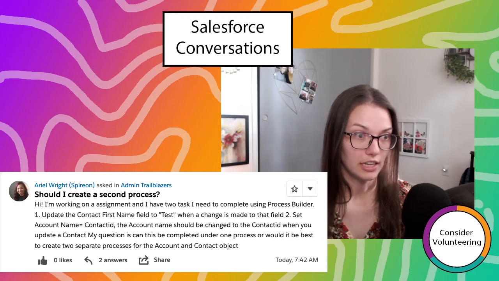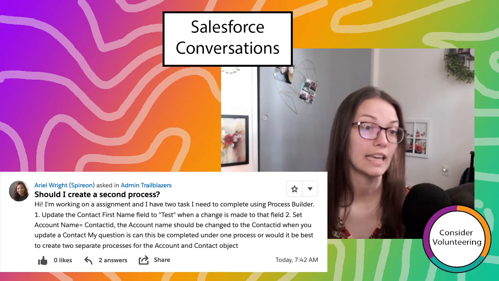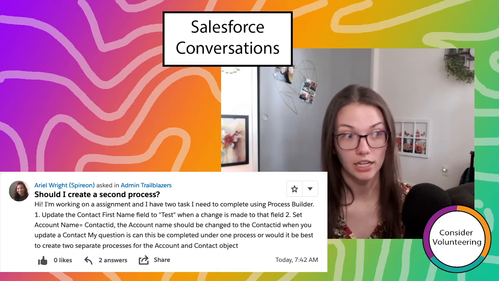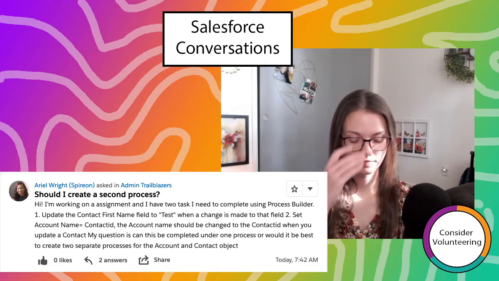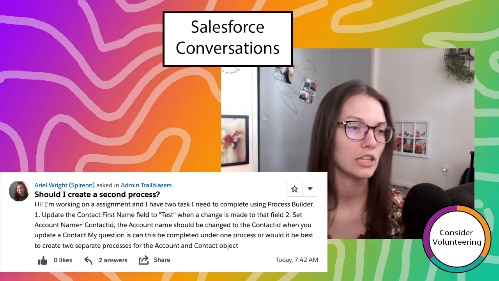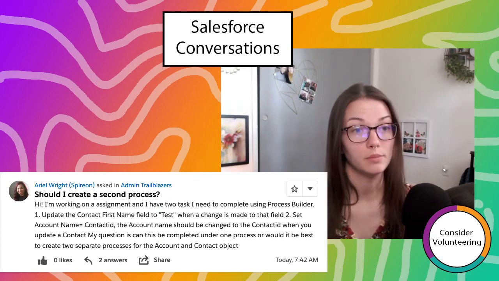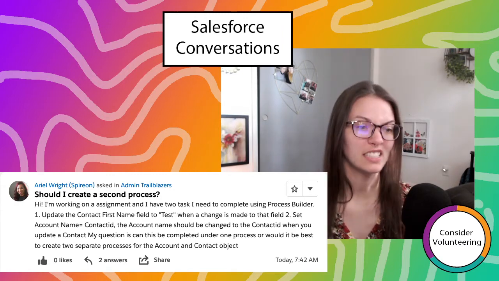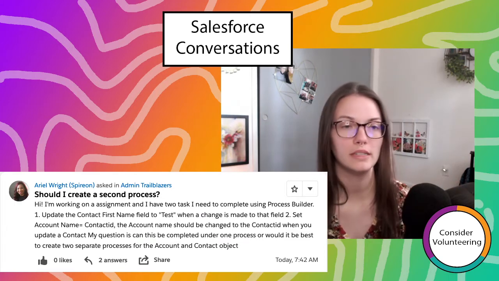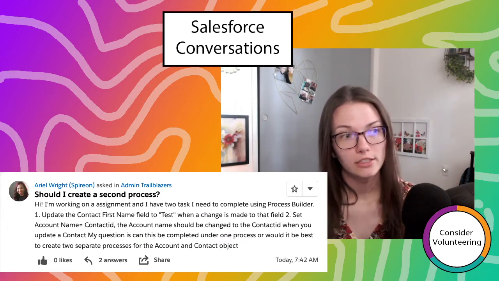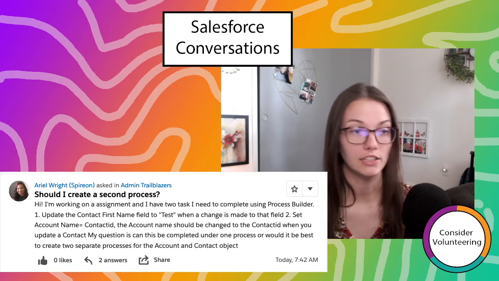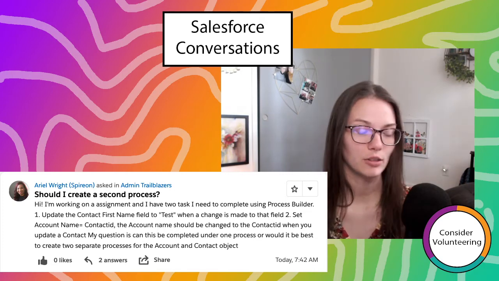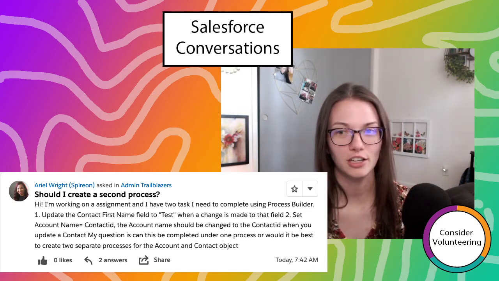The second criteria is we'd like to update the related account with a particular data point from our contact when the contact is updated. So I'm not too sure. What would be really helpful in this case is what is the business process this is supporting? That could really help us assess if this is the best way forward. But since we're missing that kind of detailed information here, we'd really need to rely on just the basis of these triggered fields. And this particular question already had beautiful answers to it, so I don't have much to add here,